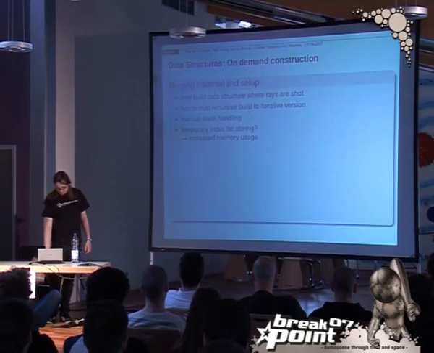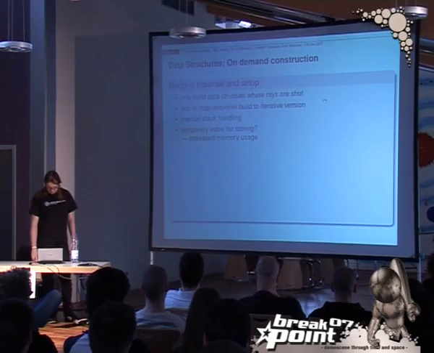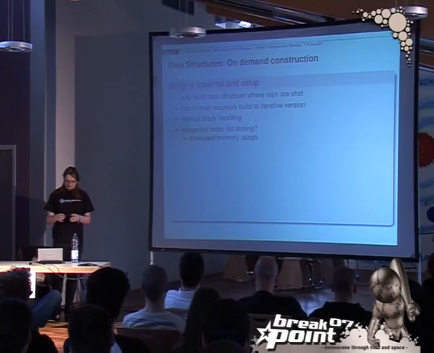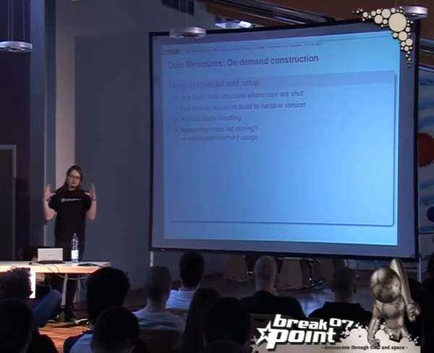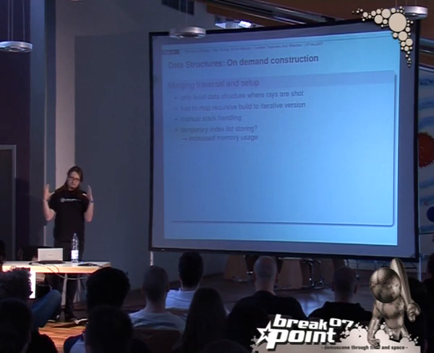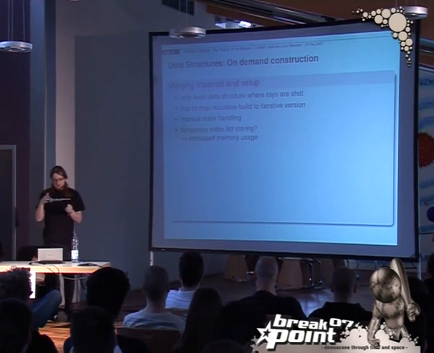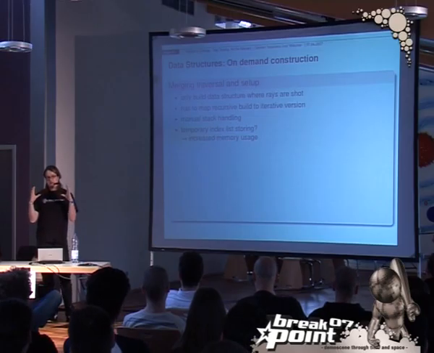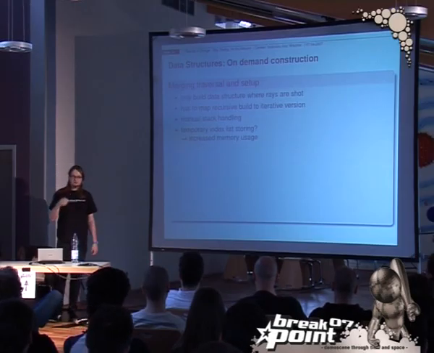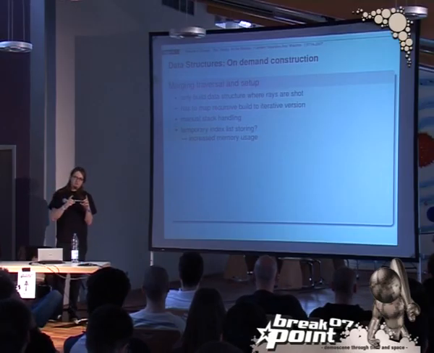So first of all, you have to map the recursive build to an iterative version. This is pretty easy with our algorithms because you start with the full scene bounding box with all triangles in it. You shoot the first ray. You have to make the first split. Then you stop. You store all the temporary information you would else need for the stack. So you would need to continue to the left, to the right. They both need some information. How many triangles are in there? What is the bounding box? And you just store this